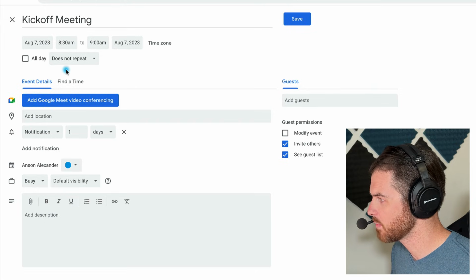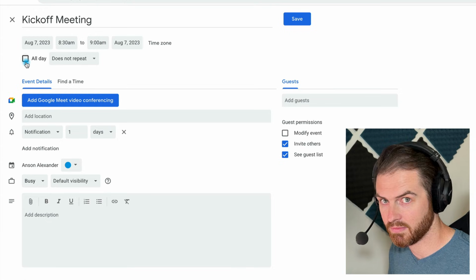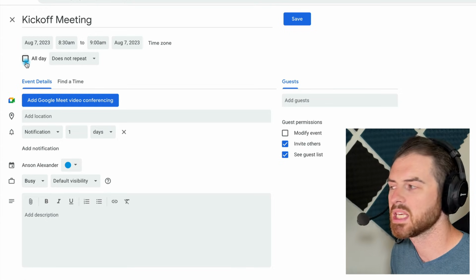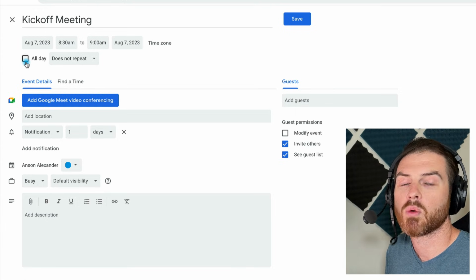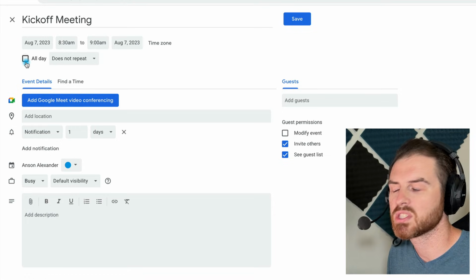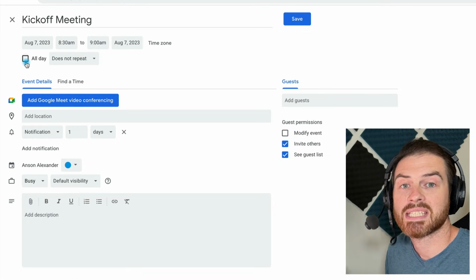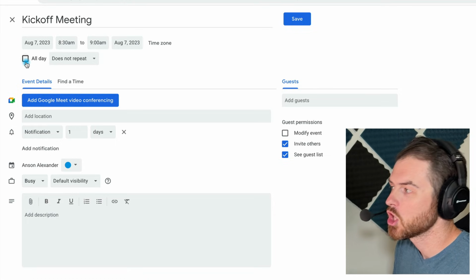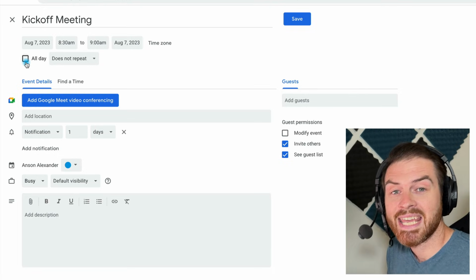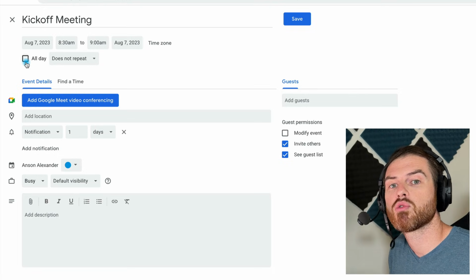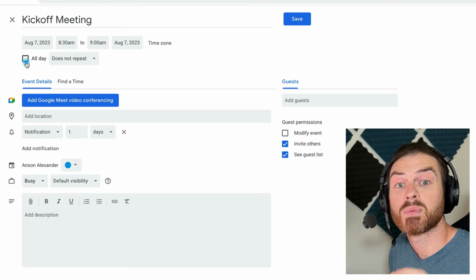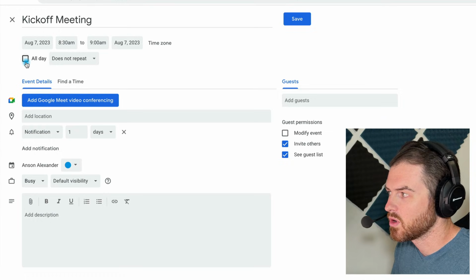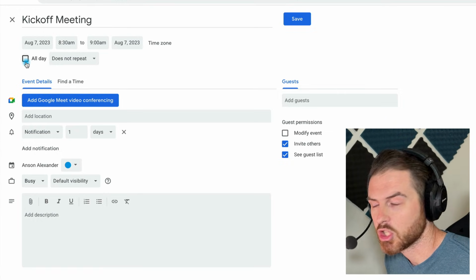And then we have the option here to make this an all-day event. Generally speaking, that's going to be for like when you're on vacation or if you have a business trip, events that will take the entire day. So maybe you're going to a conference, you could create it as an all-day event. And then if you have meetings at that conference, you can create additional events that are at a specific time that get added to your calendar in addition to the all-day event.